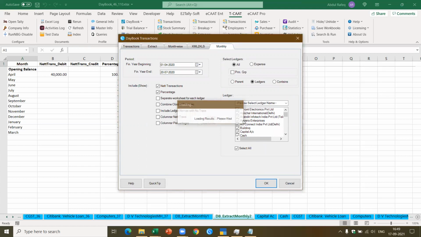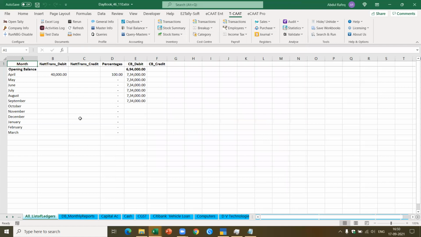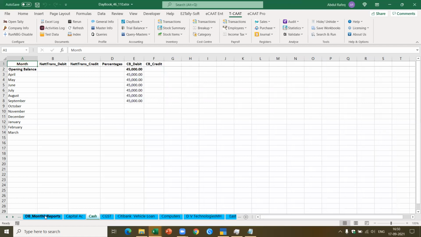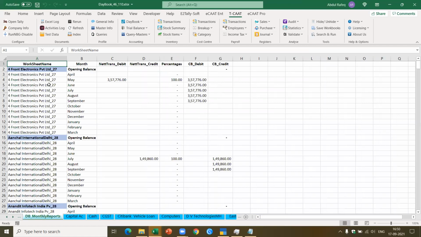So it's extracting all these ledgers and putting this in one worksheet. Now, if you see here, DB monthly reports, I got all these transactions except a couple of them had errors.